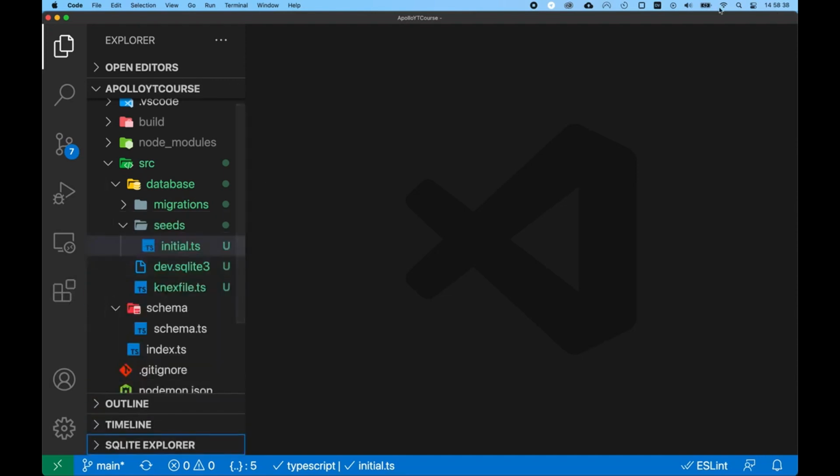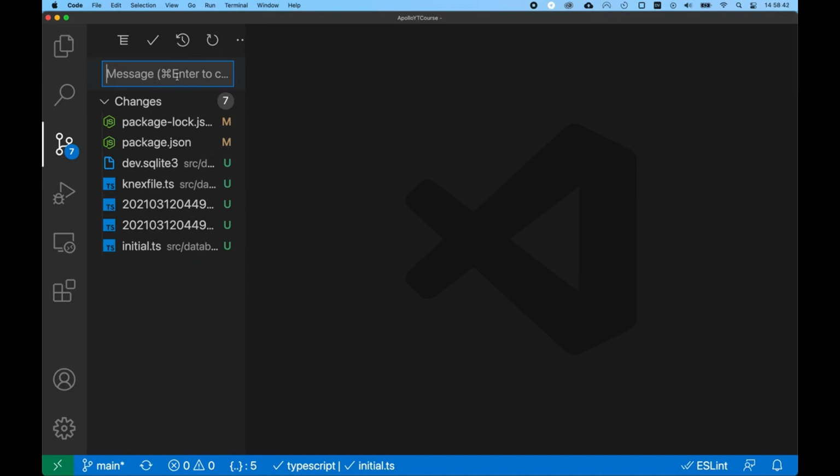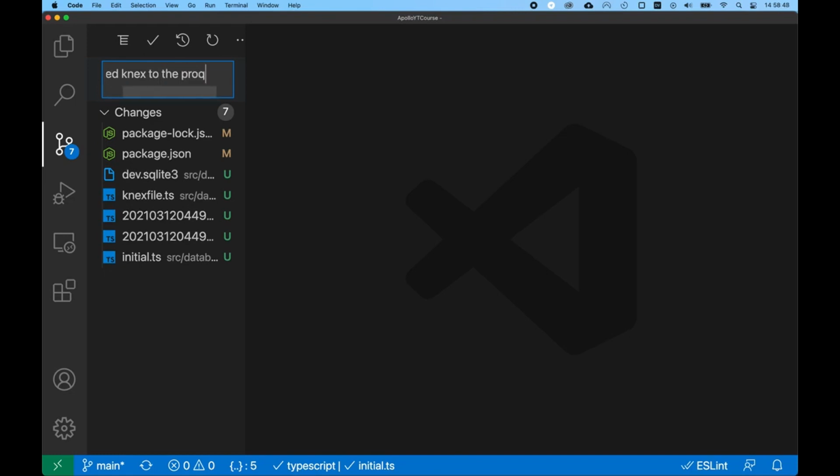So we can move our schema to use Knex directly to retrieve data. Since we made all those changes, I want to make sure that those changes are going to be saved into my Git repository